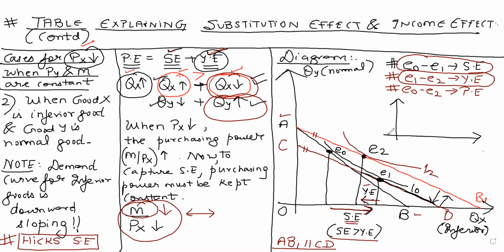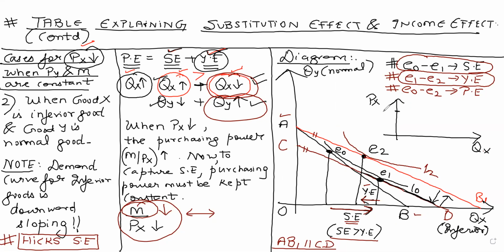So if I draw a small demand curve for you, we are drawing the demand curve for good X. Why? Because price of good X is changing, price of good Y is not changing. So we need not draw the demand curve for good Y. We need to draw the demand curve for good X as price of good X is changing. So we can clearly see